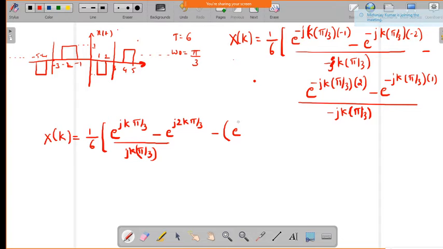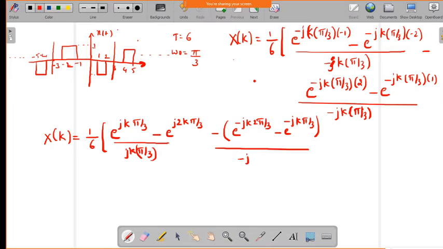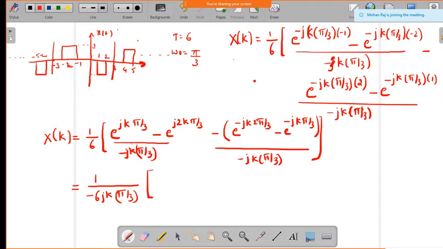Similarly here e^(−jk2π/3) minus e^(−jkπ/3), divided by minus jkπ/3, so here also minus is there. Okay, so this is the expression and you can find out the value, that is 1 over minus 6jkπ/3. So take the common term and you will get it as,